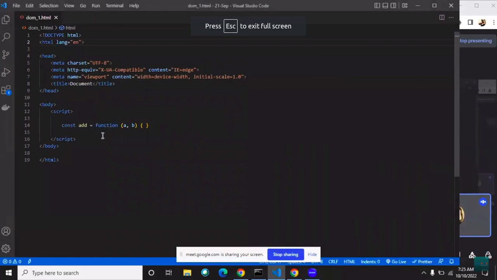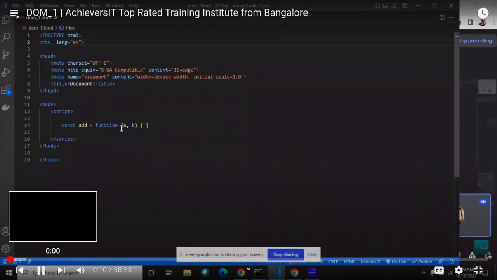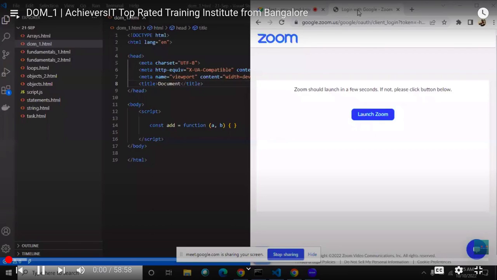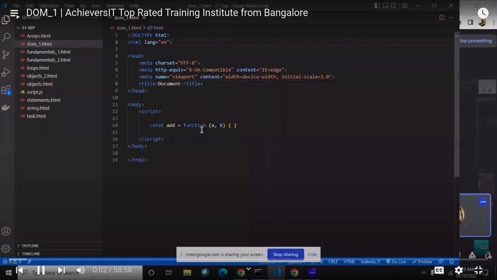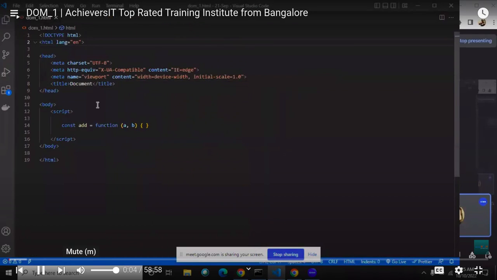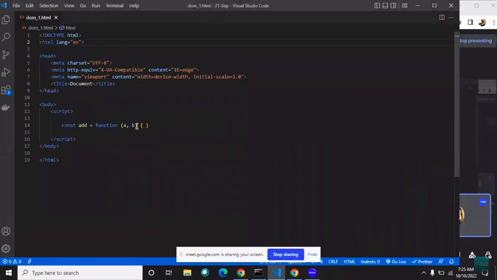Directly assign a function into a variable, or an anonymous function. Okay, so this is a function expression. We can directly assign a function into a variable, or an anonymous function, a function which doesn't have any name. Okay, this is one kind of function. So next we have discussed about